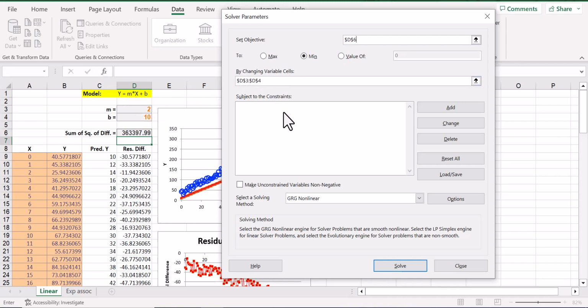Now, we're not going to add any constraints to those parameters in this case, and theoretically for this model, we don't even have to make them non-negative. And the GRG nonlinear method for fitting, which was published in the 70s, is excellent for virtually all regression applications. So we click on Solve,